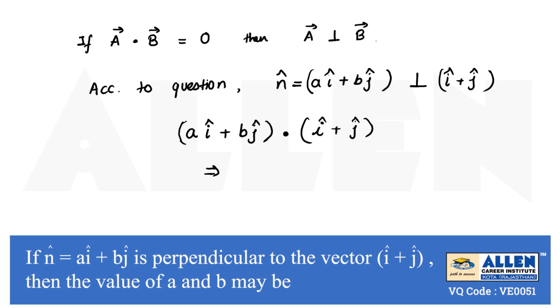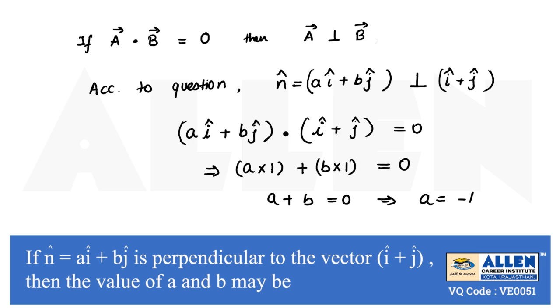When we are doing the dot product, we can simply multiply i cap with i cap and j cap with j cap. So, i cap having coefficient a in the first bracket and 1 in the second bracket can be directly multiplied, plus j cap having coefficient b in the first bracket and 1 in the second bracket. So, here we see a plus b should be equal to 0 for making these two vectors perpendicular to each other, meaning a should be equal to minus b.